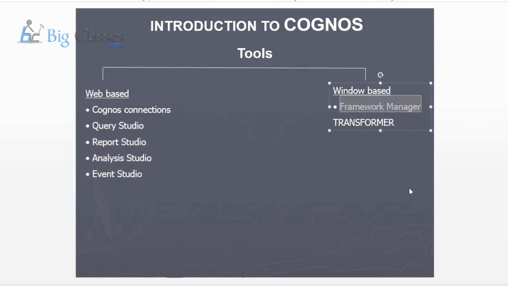Okay. In Framework Manager, suppose I explain the employee table and department table in a wrong manner. Just based on my explanation only, you are preparing the queries here. So you prepare wrong queries, obviously we are going to get wrong data. In this case, is the problem with you or with me? With me only, in the Framework Manager. So while doing the models in Framework Manager, I need to take much care. Otherwise, definitely all your reports show wrong data. So I can say Framework Manager is the hard part of the total Cognos.